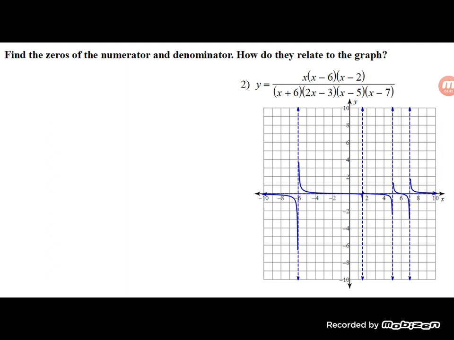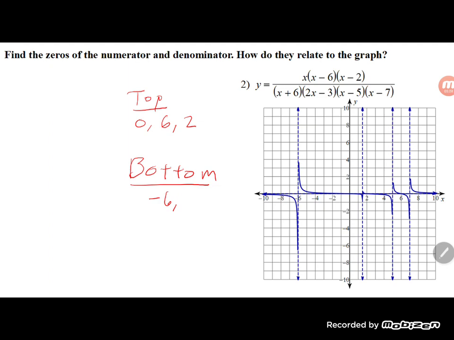Alright, so same sort of deal. We can run through it a little bit quicker. So on the top, I'm going to have 0, positive 6, and positive 2. Those will be my zeros of the top. And my zeros of the bottom I'm going to have a negative 6,